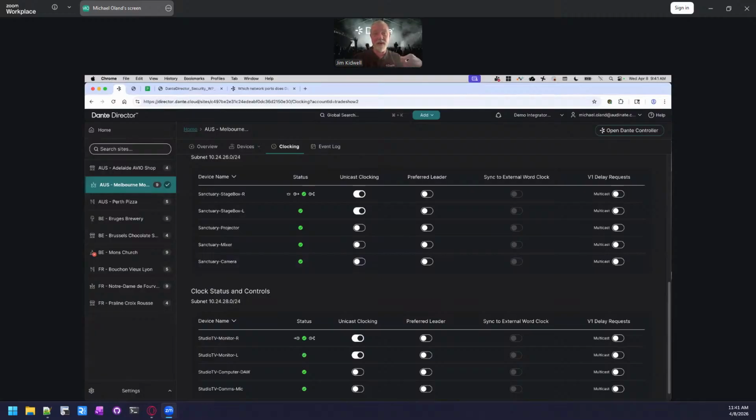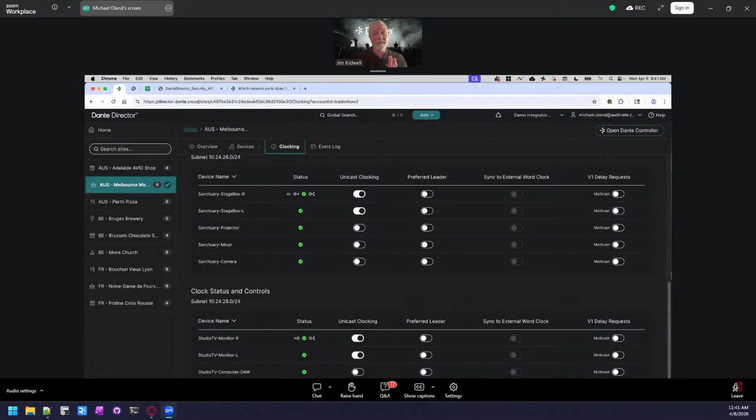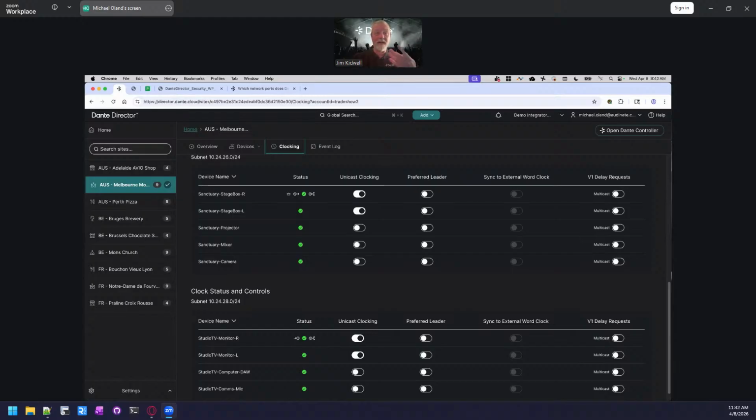Standard Dante requires 20 milliseconds of latency. That's the maximum level that you can have. Typically, people are down to 1 millisecond or even less. So we have a very, very fast protocol that allows you to send signals from place to place, but you can stretch that out to 20 milliseconds using a standard network, including Dante Director. But if you want to go over distance and even farther, you need to be able to use Dante Domain Manager, and that uses something called zones, and that will enable you to send those signals across long distances if you have a WAN. This isn't the public internet. This is only your private WAN.